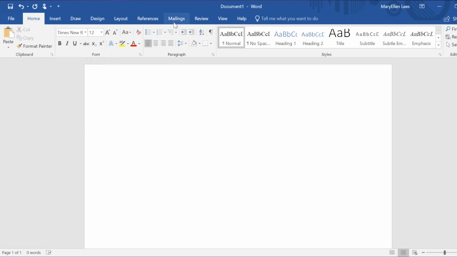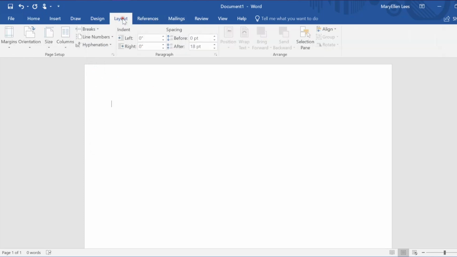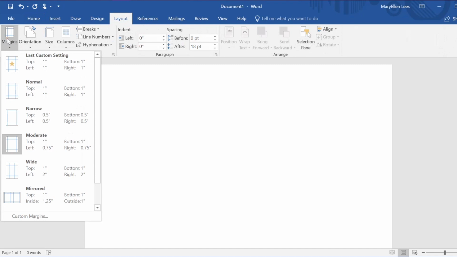Next thing I want to check is my margins. So let's look at our margins. I purposefully set them wrong. They're set to moderate. The correct MLA formatting requirement is 1-inch margins all around. And in my experience, this is the default setting for Microsoft Word, but just in case you're not sure,